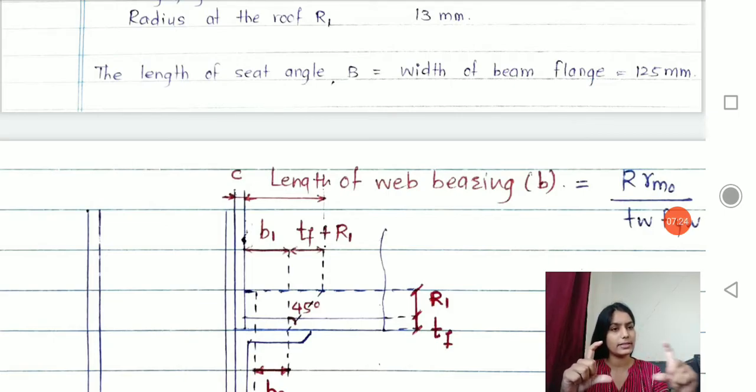One beam is connected to another beam, and the angle between them rests with one leg on the web of one beam and the second leg on the web of the other beam. Now in this problem which we are discussing right now, we are not providing an angle on any web of our beam or on the web of our column. What differs here is that our connection is made with a seat angle.